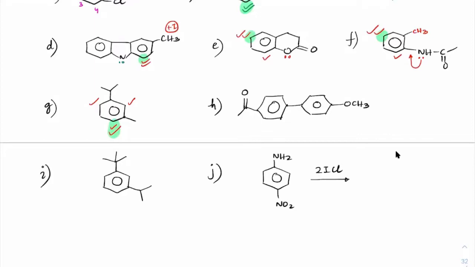With respect to the H1, check out, lone pair donating group is from this side. This side it is withdrawing. Okay, so which ring is activated? This ring or this ring? Right side. This ring is more activated. The para position is already busy. So where do we put it here? Ortho position of this. Any of this ortho position. Both of them are equally valid.